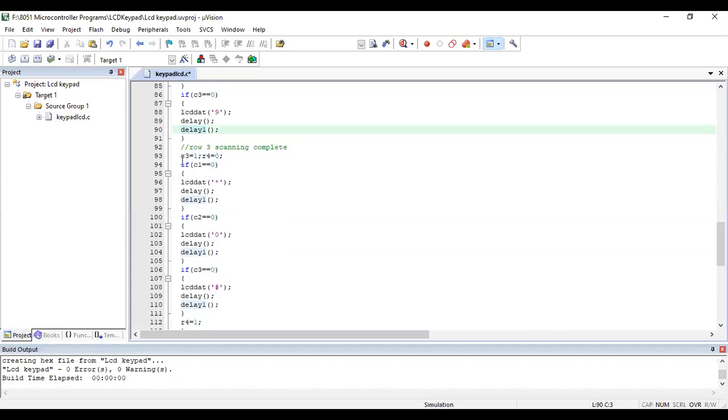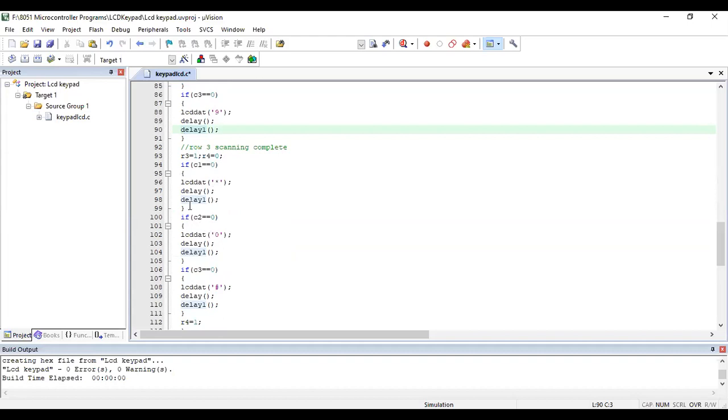And coming to row 4, you have to initialize R3 as 1. R3 is completed, it is connected to VCC. And R4 you should ground, you should initialize to 0. And C1 equal to 0. So row 4 consists of these three symbols. Star should display star.